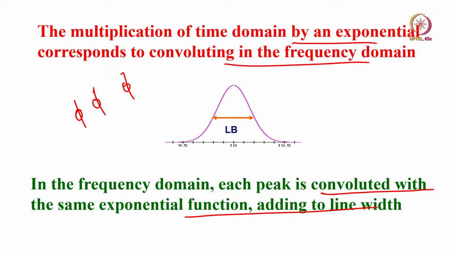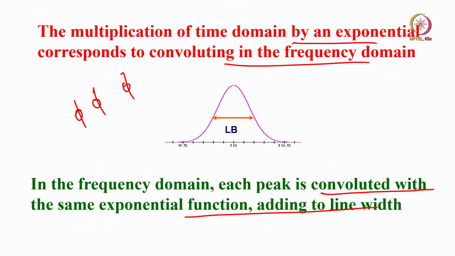Okay? This is what is happening when you multiply by the exponentially decaying function in the time domain. These are called window functions in NMR, which you use very often. So with this I think I have touched upon a lot of things about the Fourier transformation, where